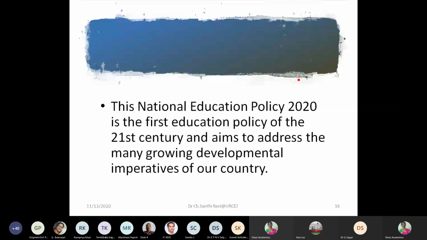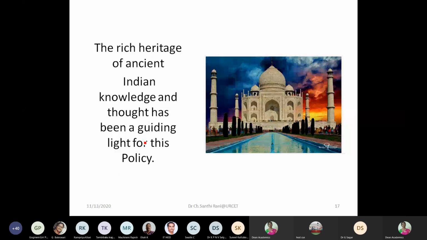The NEP 2020 is the first education policy of the 21st century. This NEP 2020 aims to address the many growing developmental imperatives of our country. The guiding light behind this policy is the rich heritage of ancient